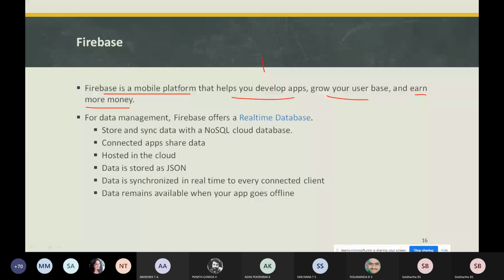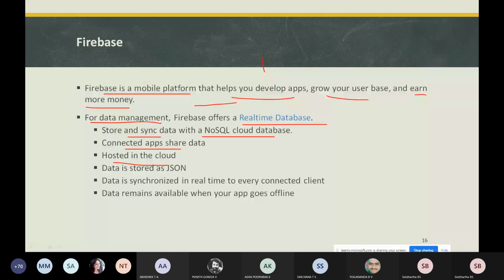If you want to perform data management, Firebase offers a Realtime Database, which syncs and stores data with a NoSQL cloud database. It connects apps and shares data, hosted in the cloud.